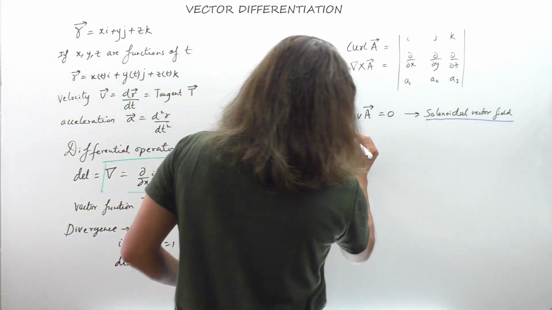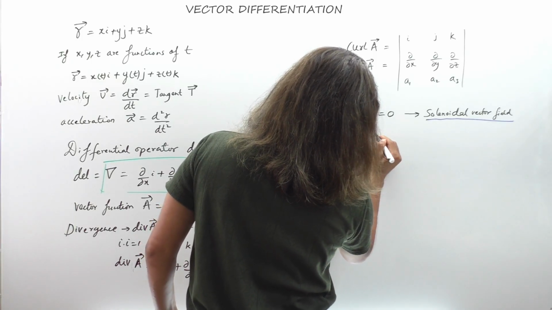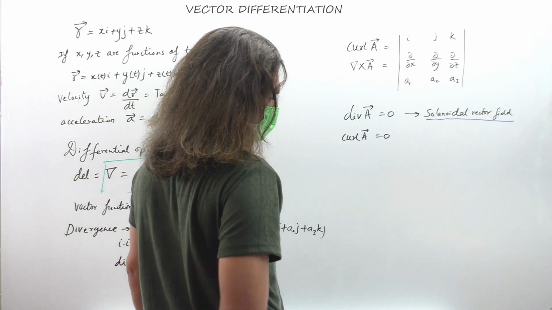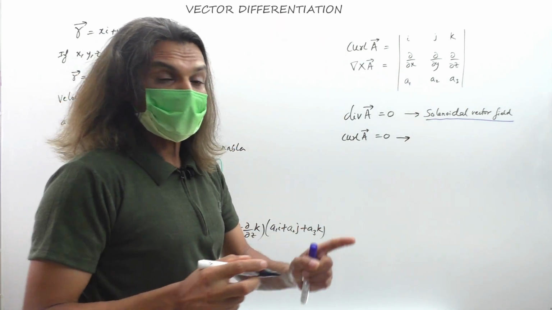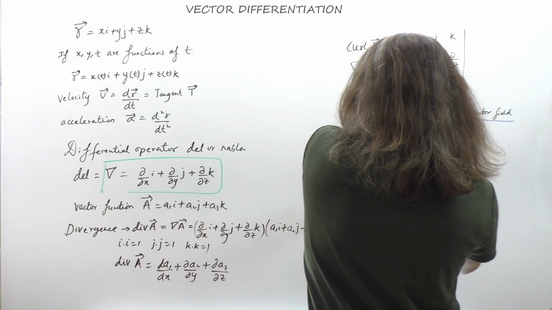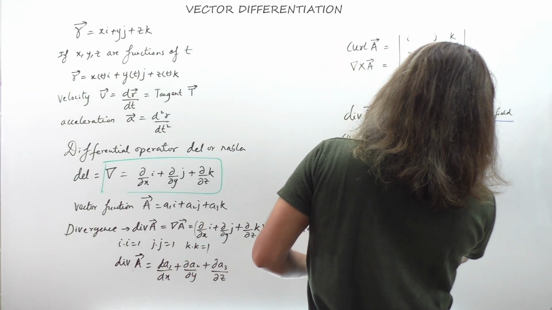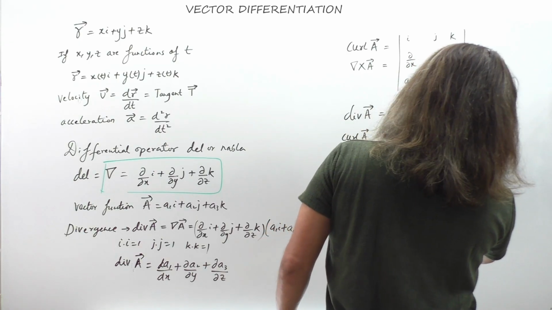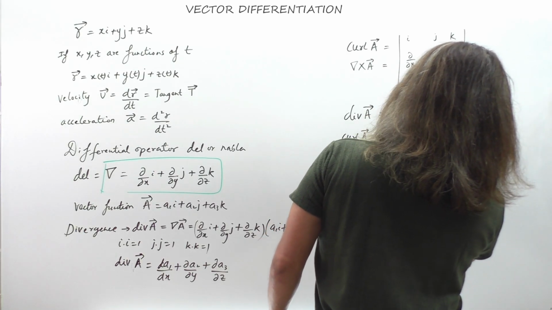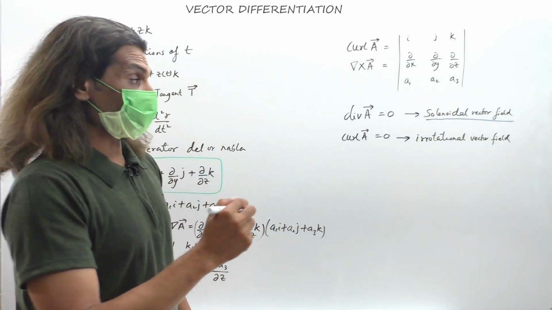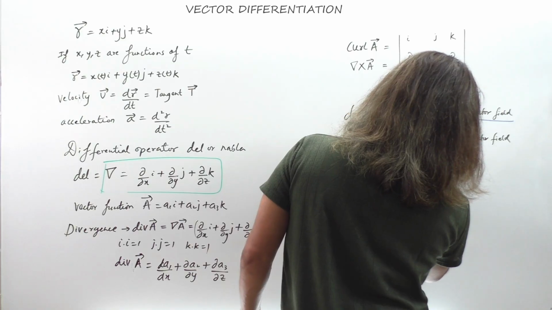But if the curl of A is equal to 0, very important, then we call it irrotational. Irrotational vector field, or we also call it a conservative field,